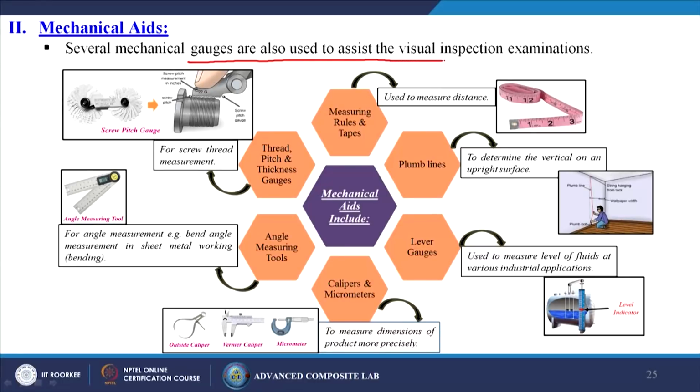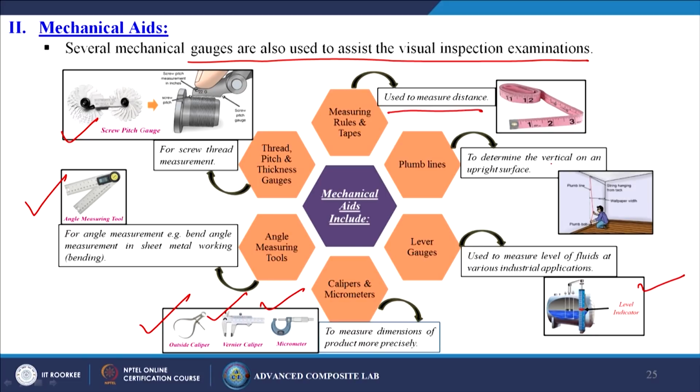Next, the second one is the mechanical aids. Several mechanical gauges are also used to assist the visual inspection examinations. Those are some kind of screw pitch gauge, angle measuring tool, outside caliper, vernier caliper, micrometer, level indicator. Generally mechanical aids are like this: measuring rules and tapes, generally used to measure distance,